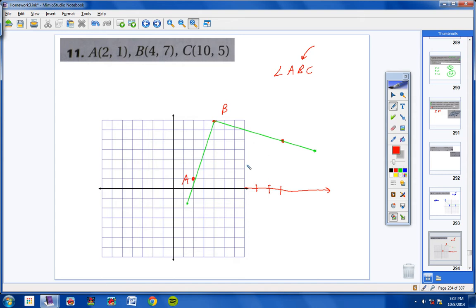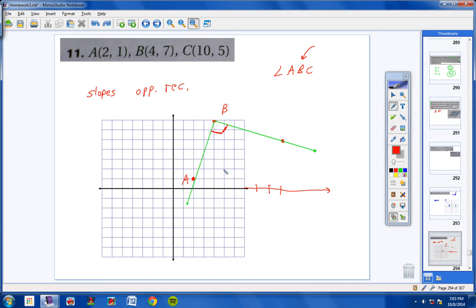Now, remember, we know something here, and we've talked about this, about lines that form a right angle. Okay, we've talked about this. If they truly form a right angle, then their slopes, remember, their slopes will be opposite reciprocals. Okay, so let's find the slope. If this is truly a right angle and these two lines are truly perpendicular, then their two slopes will be opposite reciprocals. Okay, so here we go. Let's check this out. It looks like the slope of this line here would be, let's do rise over run. So the slope of this line right here,